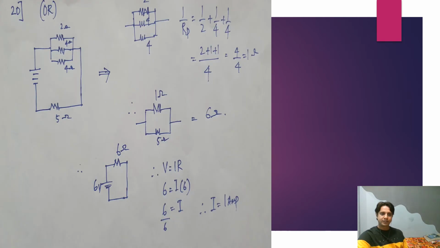20th one or question. It's from electricity, and again they've given us the following diagram. Here there are three resistors, 2 ohm, 4 ohm, and another 4 ohm, which are in parallel. So reducing them, we get 1 ohm. So the entire circuit reduces to where 1 ohm is in parallel with 5 ohm. So the series resistance which has to be added gives rise to 6 ohm, and also calculating current we get as 1 amp.